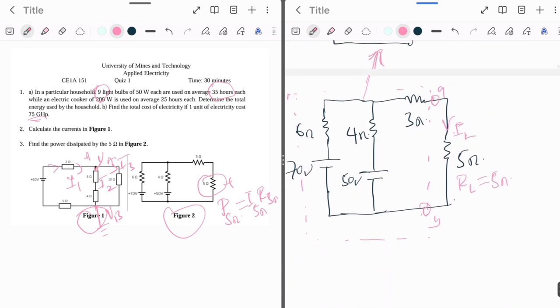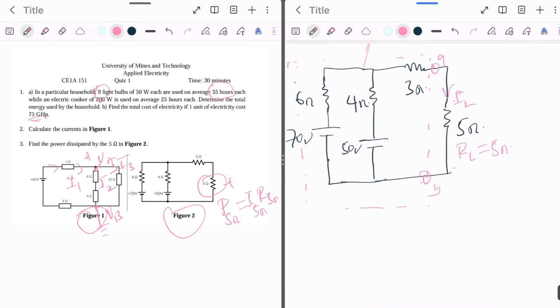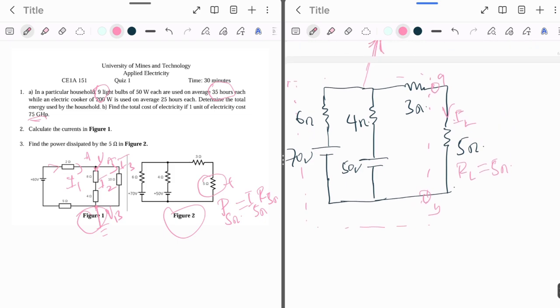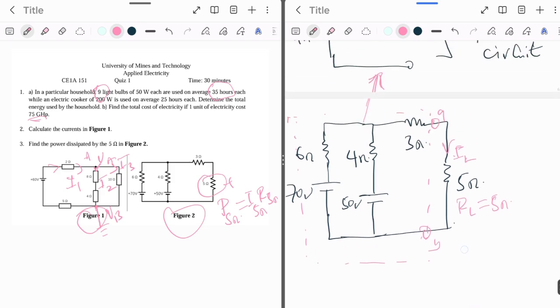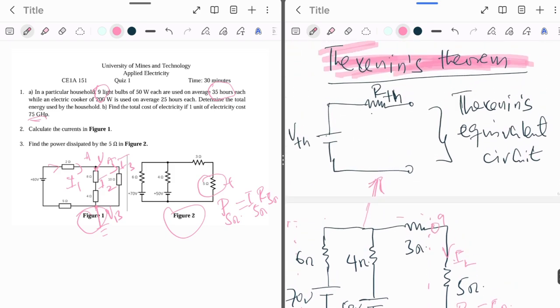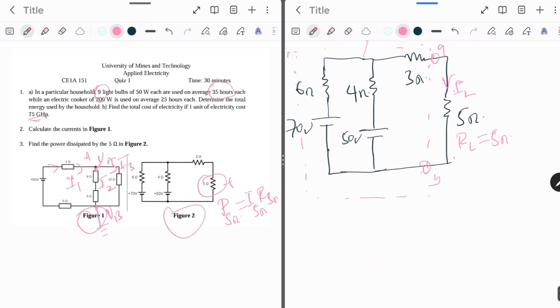In trying to convert this, first we isolate the load, meaning remove the load from the circuit diagram. The reason is that I have to get the Thevenin's equivalent parameters, which are VTH and RTH. To get VTH, for example,